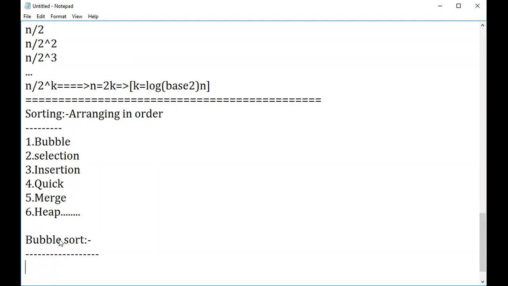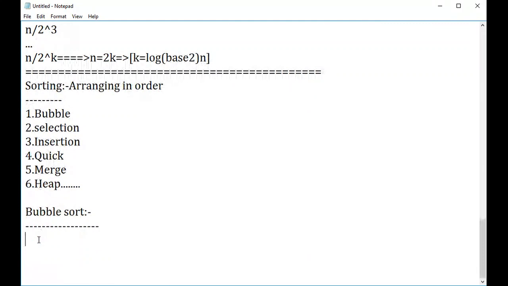So in the case of bubble sort, what you'll do is compare with the adjacent value. One value is compared with the adjacent value, and this is how the sorting happens. We'll take an example and work on how this particular sorting occurs. Okay, let us take a small example, a list or array of values. Guys, bubble sort is very simple, where the adjacent element is compared.